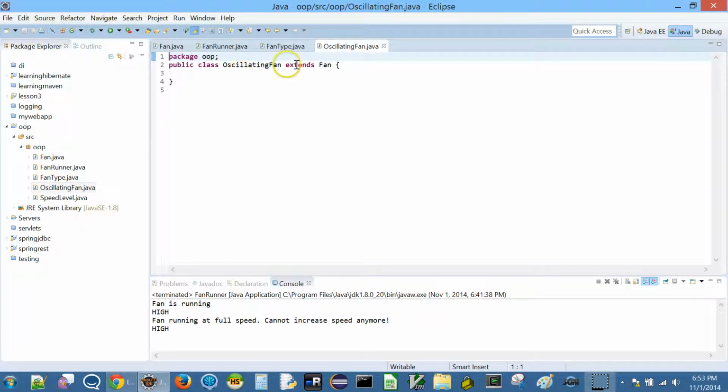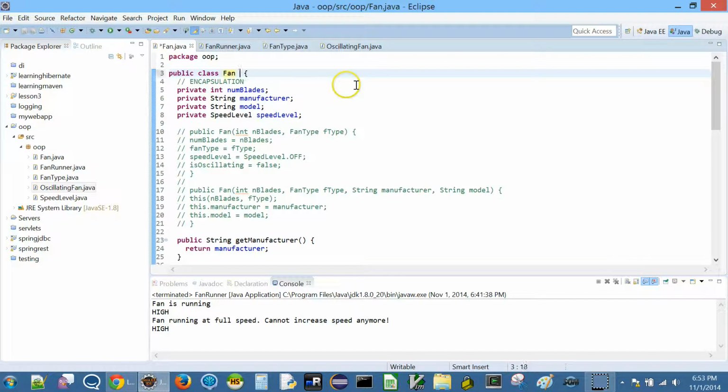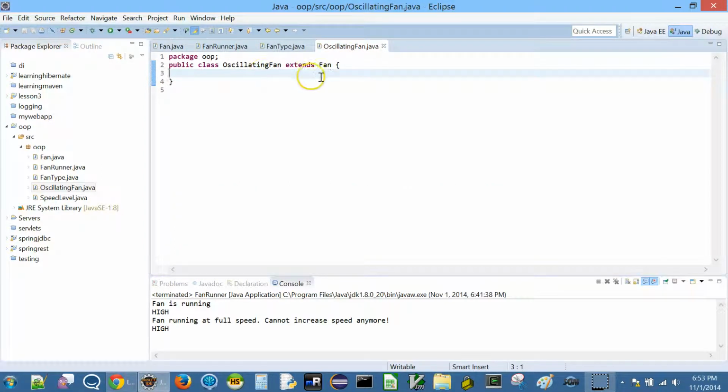What did Java do? It says extends fan. Now extends fan means this class is a subclass of fan. Here it didn't say extends object, right? We didn't get this when we created the class because by default every class extends object. So we don't need this really. It's just in the background. In the hidden world, Java itself extended object and gave it to fan. But here, oscillating fan, we are extending one of our own classes, which is different. It's not java.lang.Object, it's fan, which is our own class.